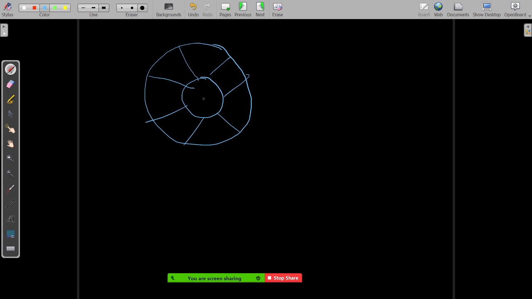What will happen when you keep a plus charge here? Let's say in the hollow space you keep a positive charge, plus Q, inside the cavity. How is the charge going to spread out on the conductor? We just saw that when you keep a conductor inside an electric field, the negative and positive charges distribute so that the net electric field in the conductor is zero. One side negative charges will accumulate, and on the other side positive charges will accumulate.